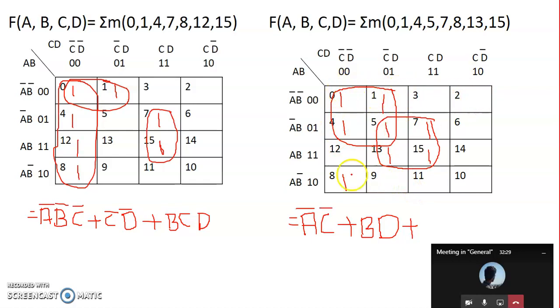So even if you fold the map in half vertically or horizontally, you get 1 bit difference between the first and the last row, and 1 bit difference between the first and the last column. This point is clear for you? You can fold the map in half either horizontally or vertically. So the first column has 1 bit difference with the last column. First row, 1 bit difference with the last row. So when I fold this map here, these two cells will come adjacent. So I can make these two in one group. When I make these two in one group, B bar retains common here. Then out of this, C bar, D bar.